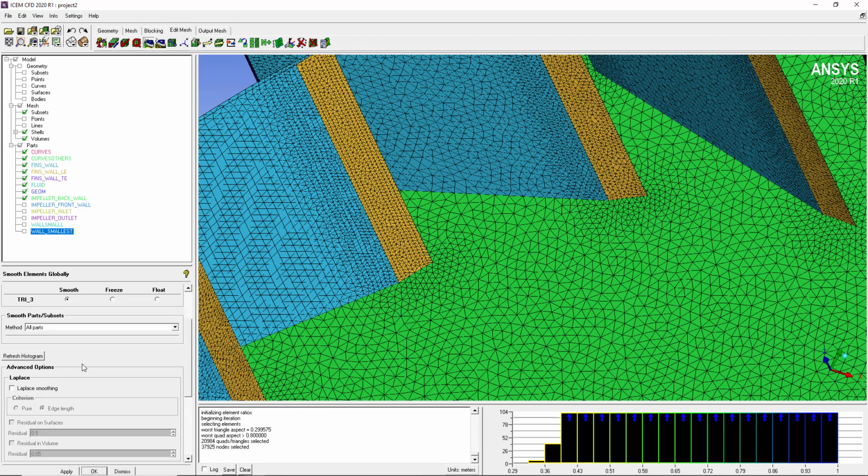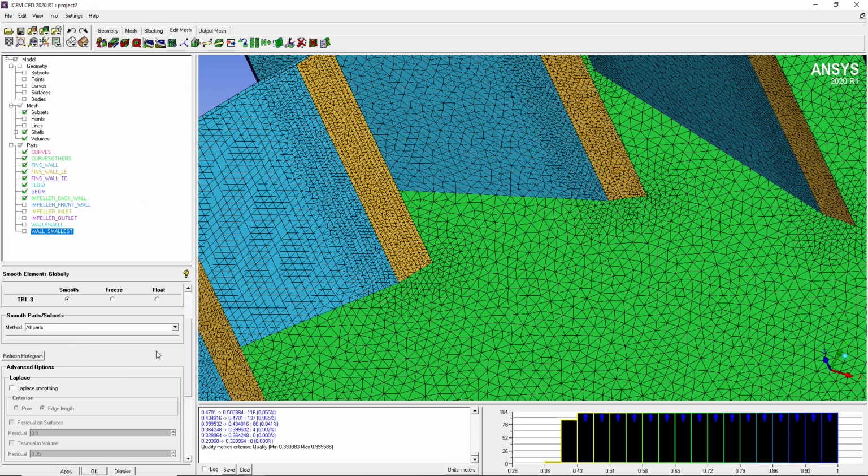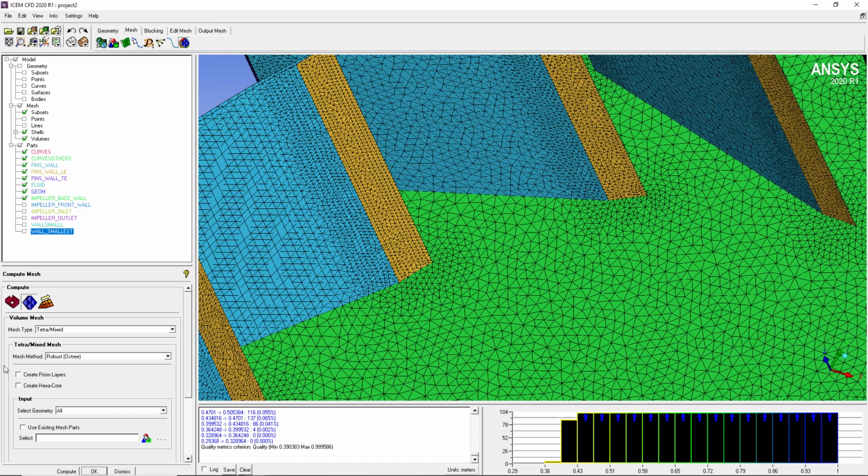You can do the next 5 to 10 iterations, alternating options, Laplace and without Laplace. I will stop here because I have to create some other commands also. Right now quality is 0.39, but you can get even better quality with these commands. Now we go back to the mesh, and from here we use the compute mesh method,